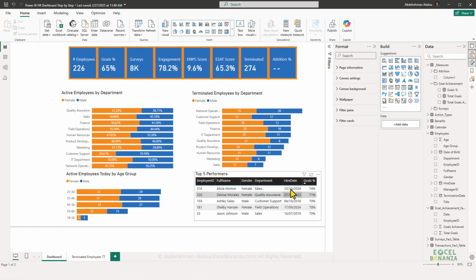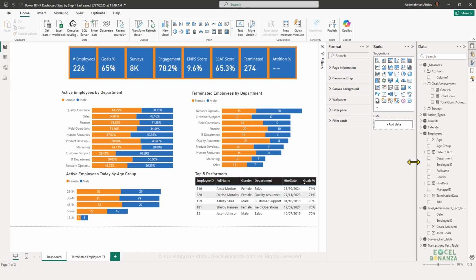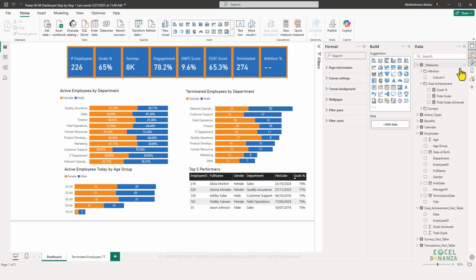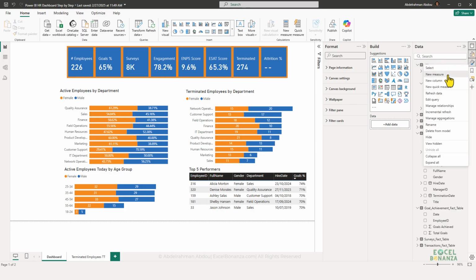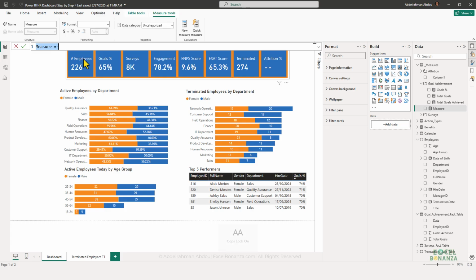Now, to apply the conditional formatting, what we need to do first is to create some measures that apply the conditional formatting as usual, because this is how we've been applying conditional formatting on our previous dashboards, and this is the way I prefer for applying conditional formatting. So we're going to create a new measure here. The first conditional formatting we're gonna apply is for a female employee. Okay, so this will just have the color that we need to have for female employees, which is the